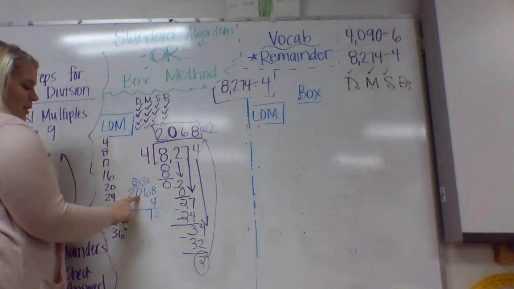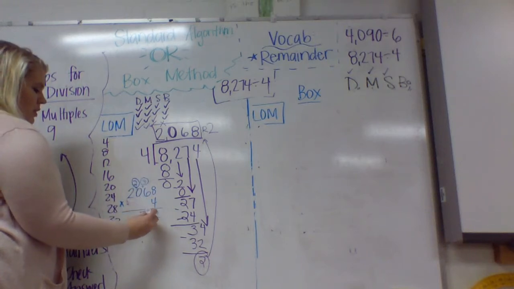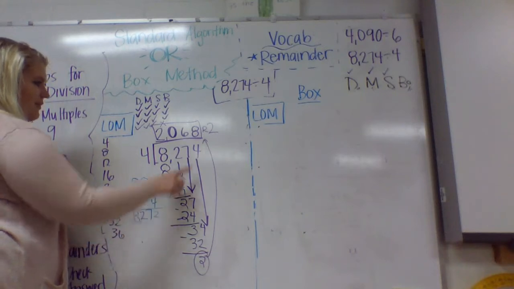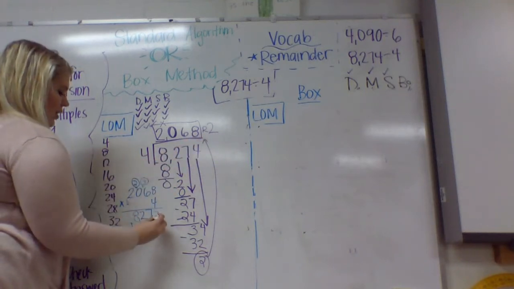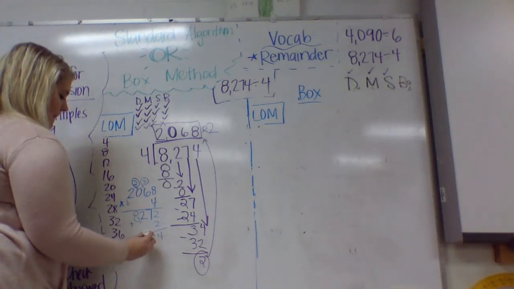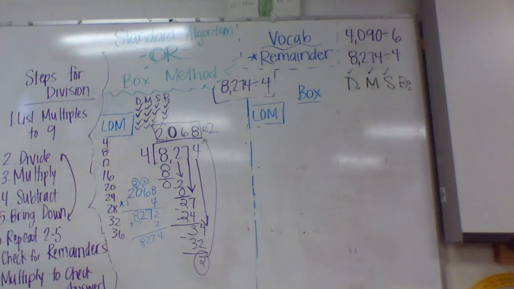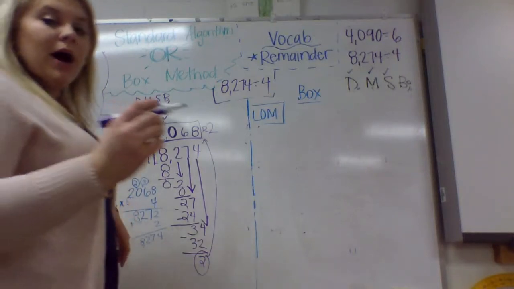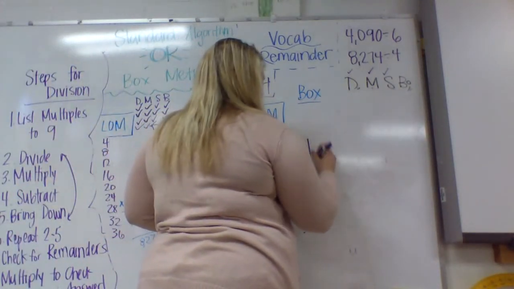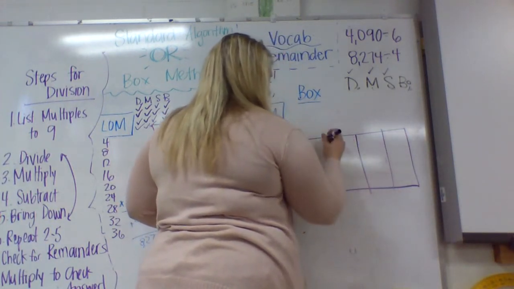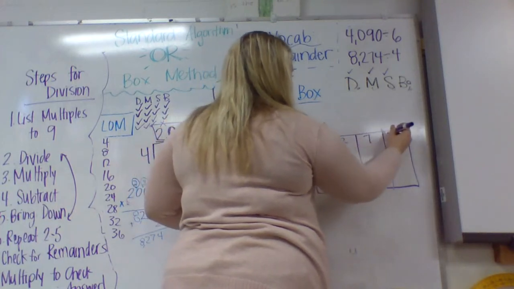4 times 0 is 0. 0 plus 2 is 2. 4 times 2 is 8. So we got 8,274 plus we need to add on that remainder. And we got 8,274, which is our original dividend. We're going to do it with box in case you did yours box method. 8,274